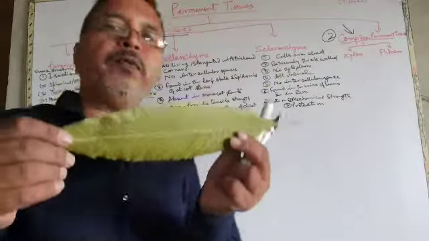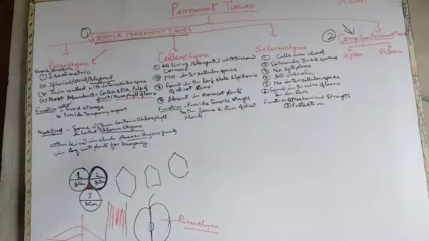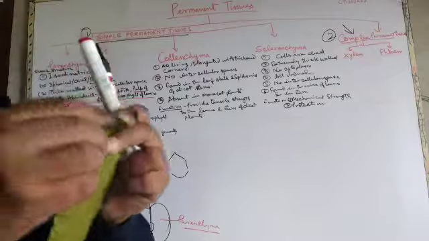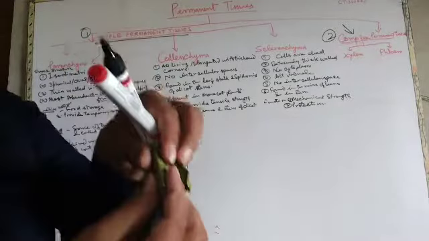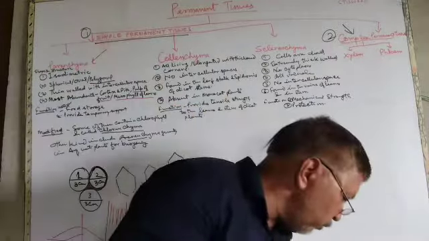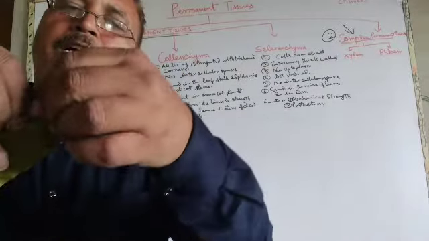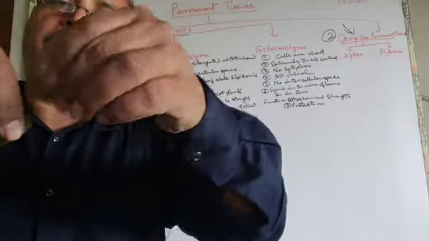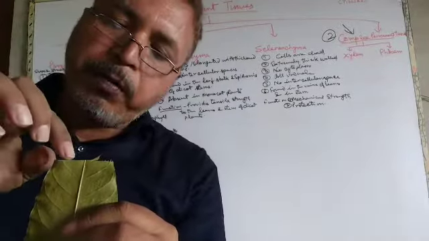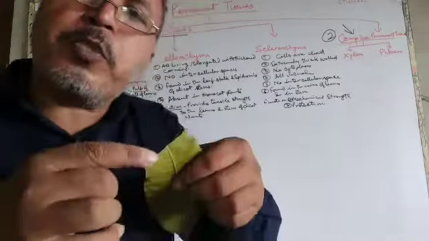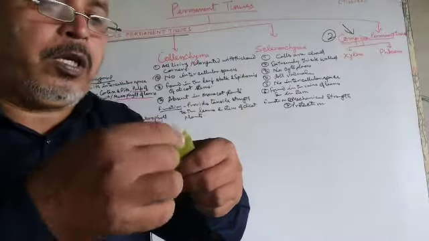If this is the leaf and you cut this leaf from here, suppose from this portion, and when you observe this portion